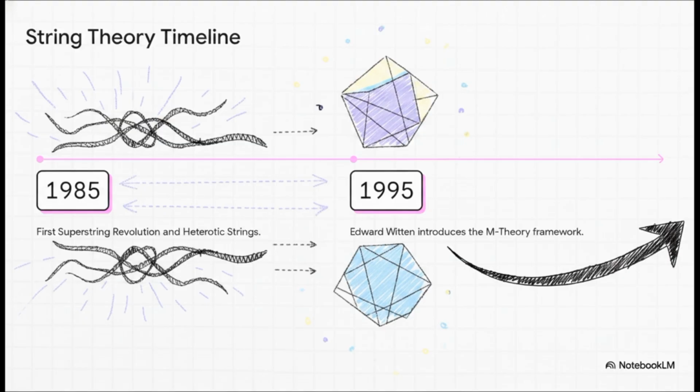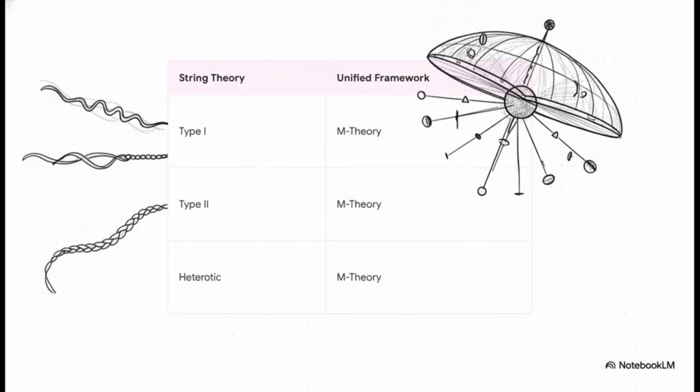Then, in 1995, Edward Witten delivered a groundbreaking lecture introducing the M-theory framework, and that effectively sparked the second superstring revolution. So the crucial point is this. Before 1995, physicists had type I strings, type II strings, and the heterotic strings we explored earlier. They all seem like separate, disconnected theories. But Edward Witten came along and showed that actually they weren't entirely different things at all. They were just different perspectives of the exact same underlying reality.